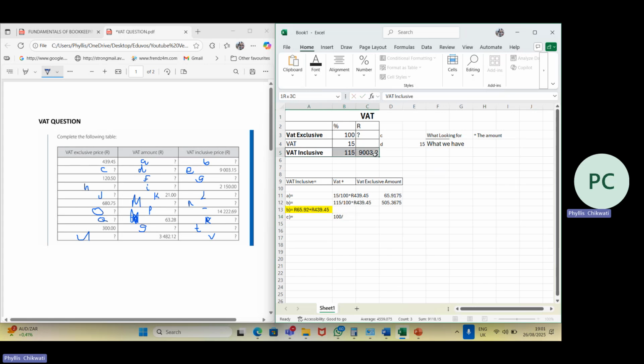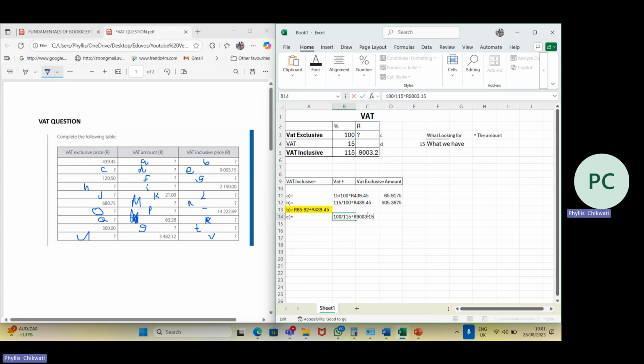This is the column that is complete, so I'm going to take the denominator as the percentage of VAT inclusive. So you can't divide this by the rand value; you need to divide it by the percentage as well. So 100 divided by 115, and then of course we multiply that with the rand value provided,